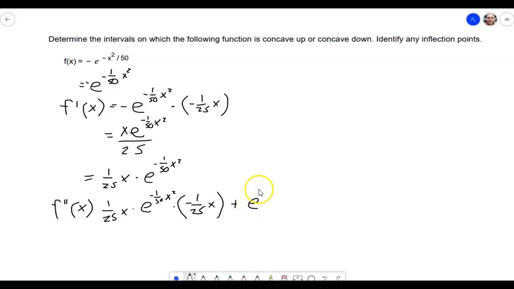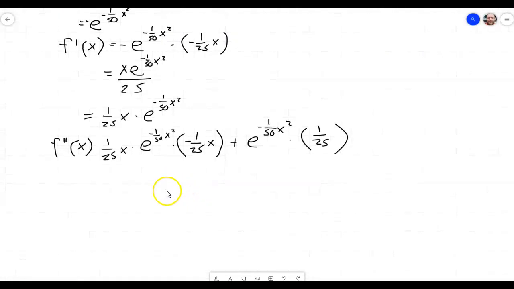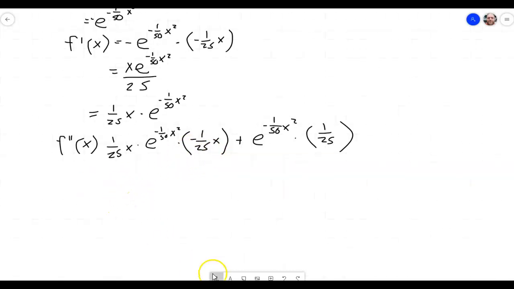So that's going to be e to the negative 1 over 50x squared times the derivative of the first, which is just 1 over 25. So this is how I set that up. And then I'm going to need to clean that up a little bit here. So 25 times 25 is 625, and that's a negative. So this is going to be equal to,